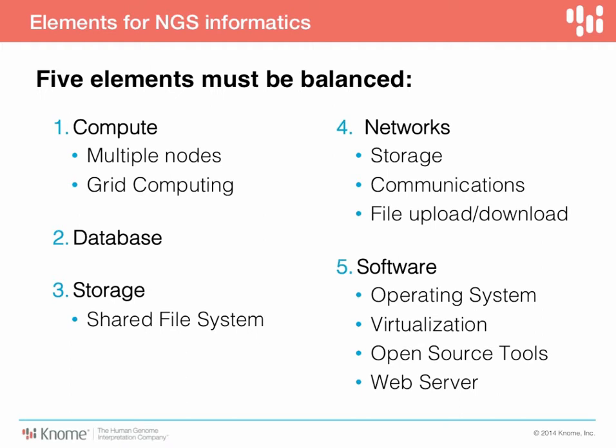The next thing is networks. So you have a multi-node system. How do they communicate? Well, you need a communication network, and you also need a network for storage traffic because you don't want these two colliding. So you'd like to separate the traffic for writing files back and forth to the shared file system from the traffic that's basically communication from one node to another. And of course, you want to get files on and off of your system, so you need to have some kind of provision for network access to allow file upload and file download.